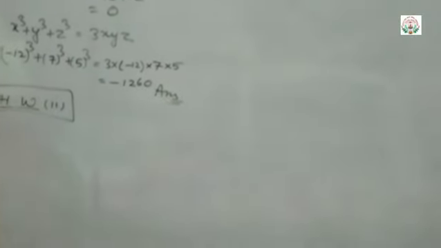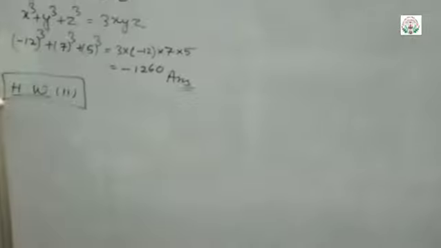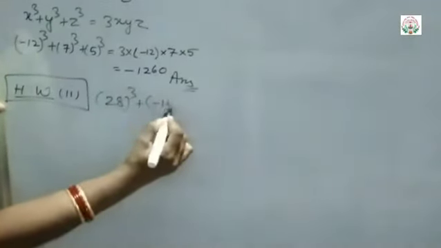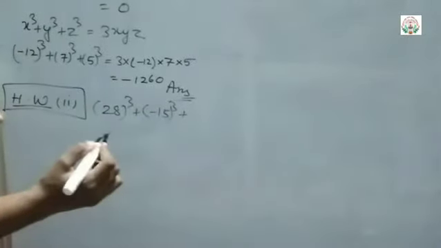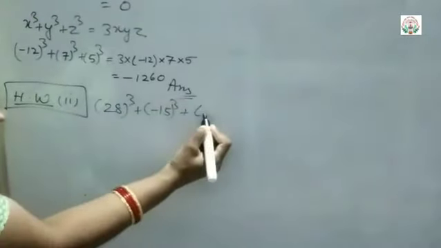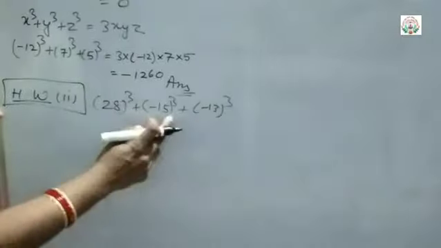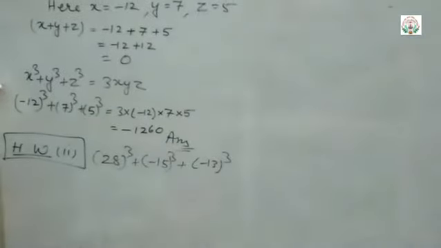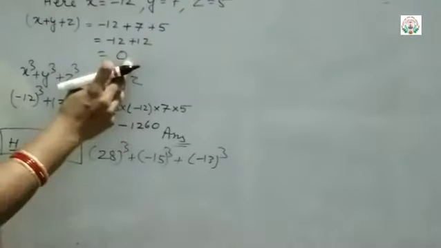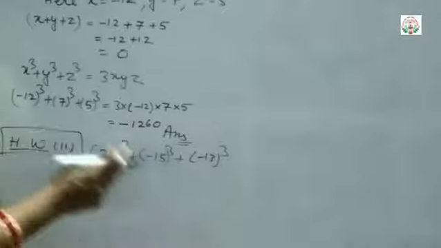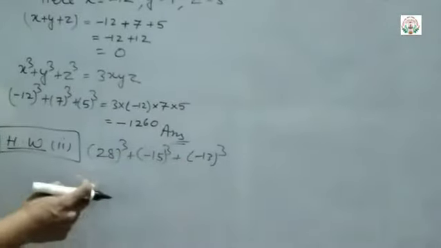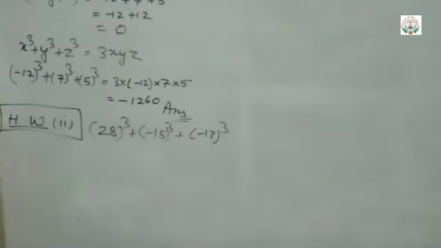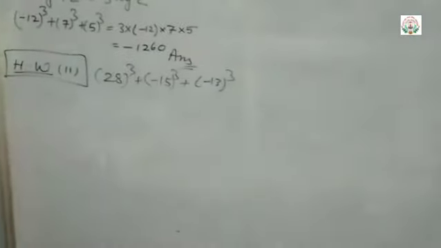What is the question? 28 cube plus 28 cube plus of minus 15 cube plus minus 13 cube. Same way you will go for this. Okay. Same way, first find this. If it is coming as 0 sum, definitely only the product of this with 3 will be the answer. Okay, do it. And then the next question is the 15th one.